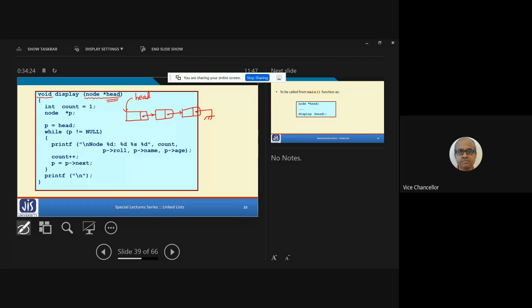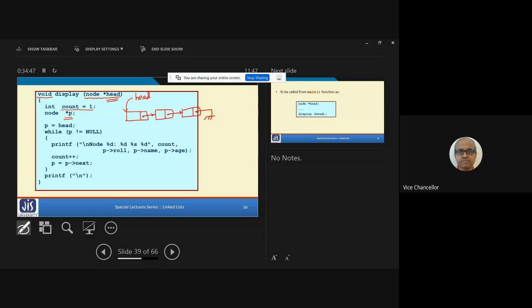And here in the function, we are declaring a variable count which maintains the sequence of the student. That means student number 1, 2, 3, 4, just that sequence number. So we start with count equal to 1. And let's declare a temporary pointer variable P. That is also node star.